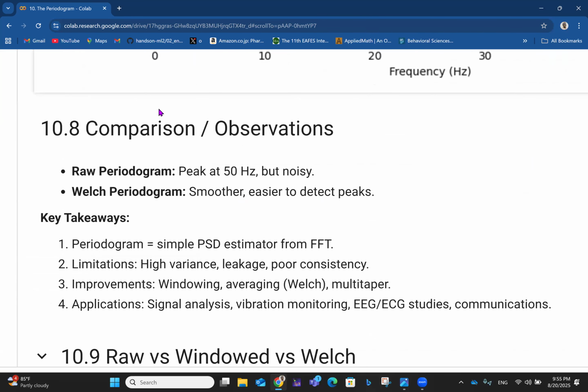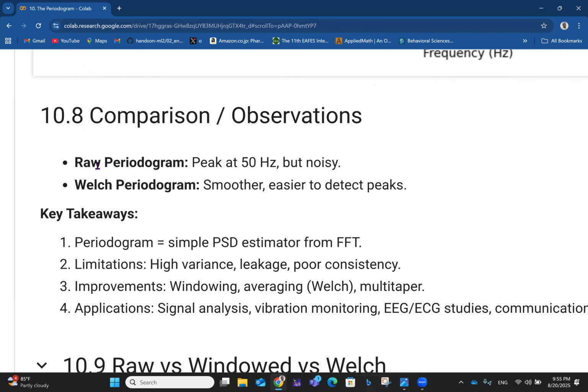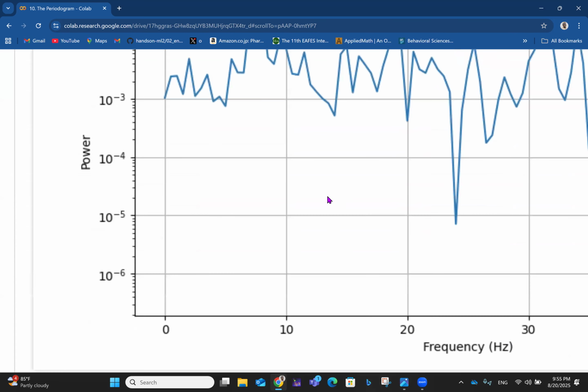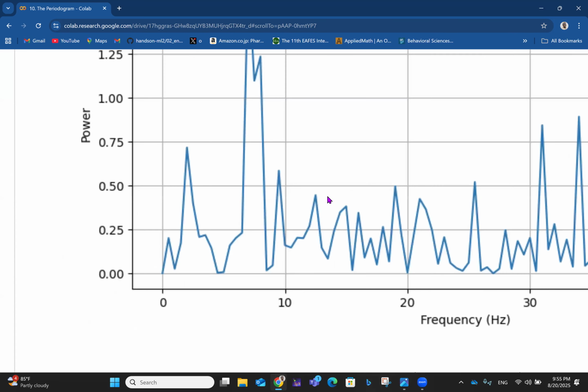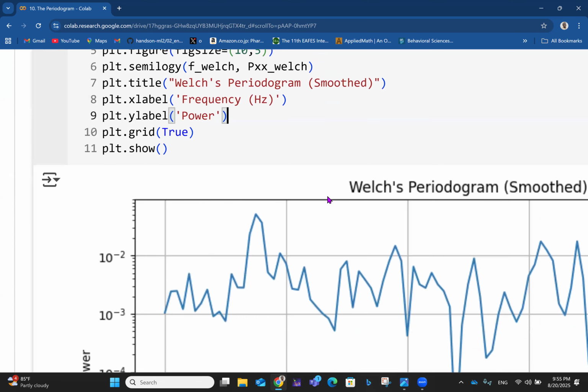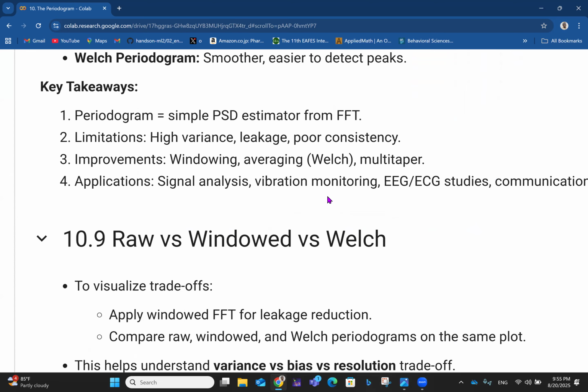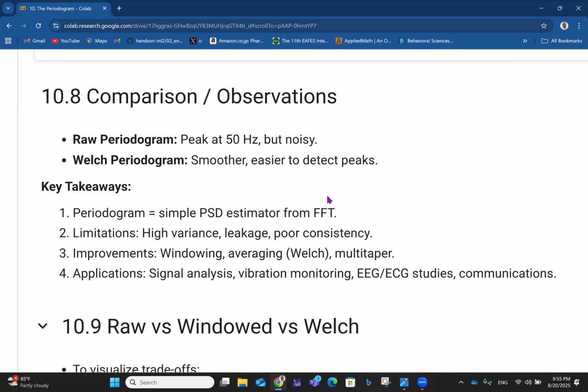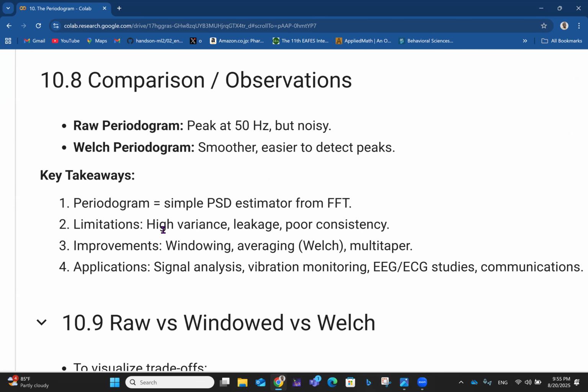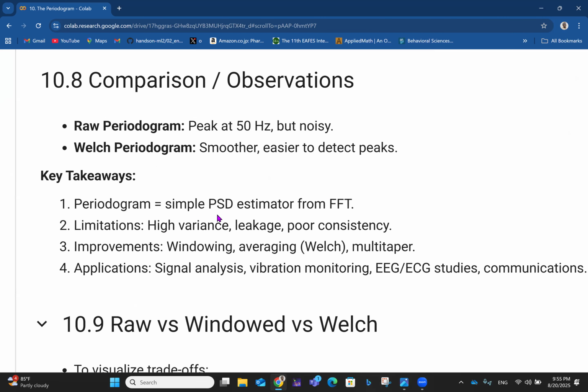Now let's look at some comparison and observations. For the raw periodogram, the peak is at 50 Hertz, but it is noisy. For the Welch periodogram, it is smoother and easier to detect peaks, right? So it's smoother compared to this. Some key takeaways here: